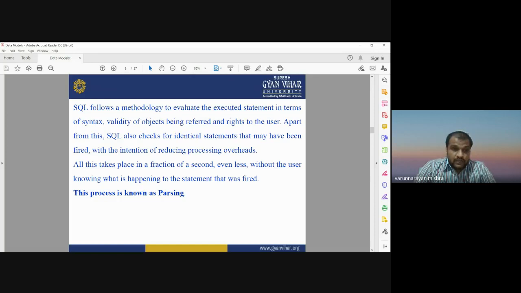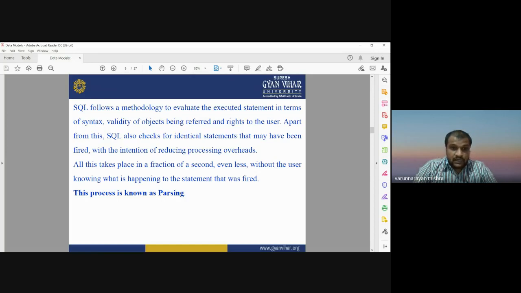If you have written the same syntax multiple times, SQL checks the similar statements, keeps only one, and removes the others with the intention of reducing the processing overhead.